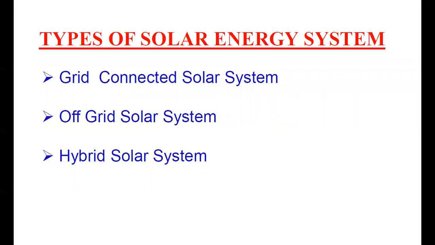So the produced energy will be connected to the grid, or at the same time we can use it for the load. So the panel converts the light energy into electrical energy and it is converted by the grid inverter with the rated voltage and frequency of the grid, and it will be interconnected to the grid. It is known as a grid connected solar system. So exporting of power will be provided in the grid connected system. If it is connected to the load, there is exporting of power, and importing of power is also possible in the grid connected solar system.